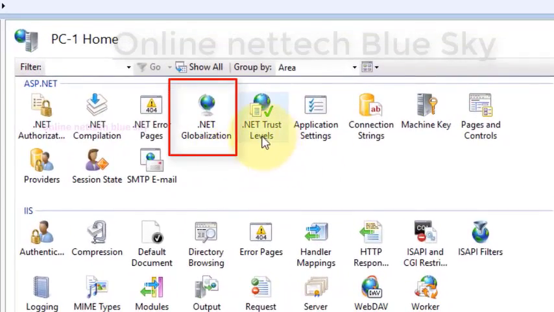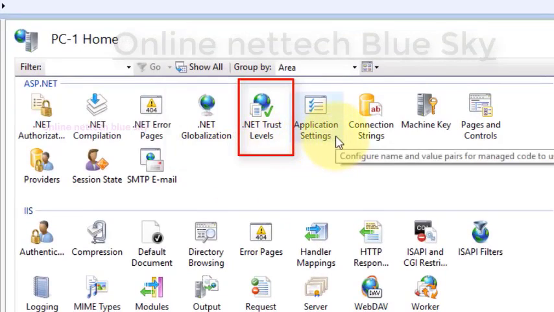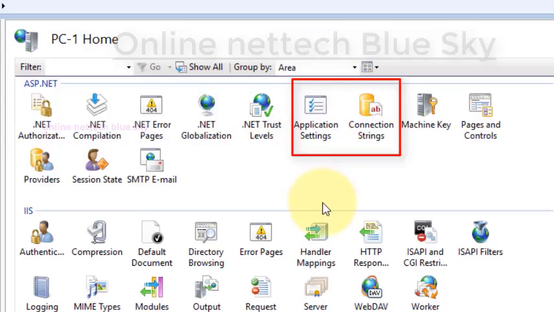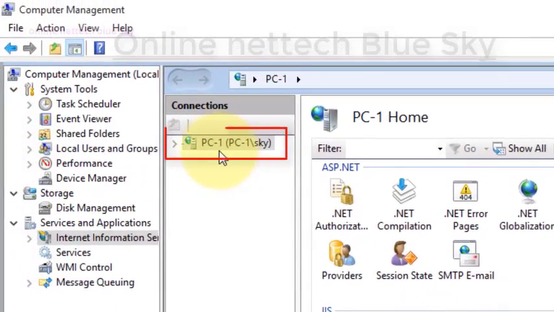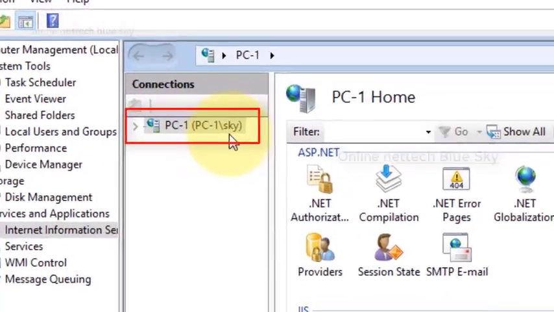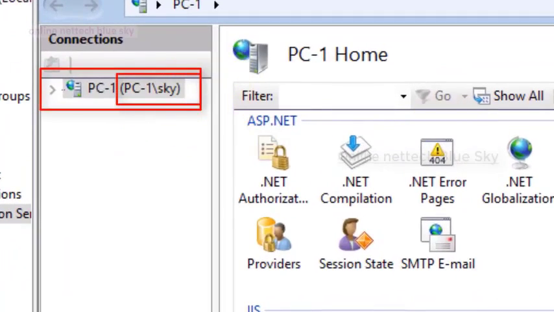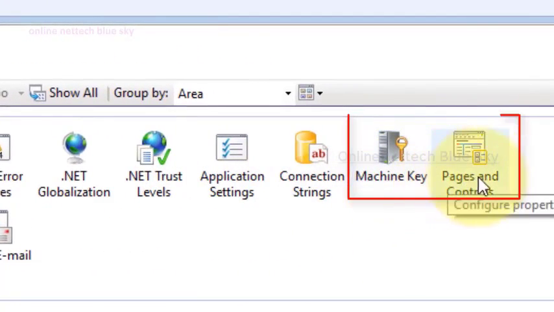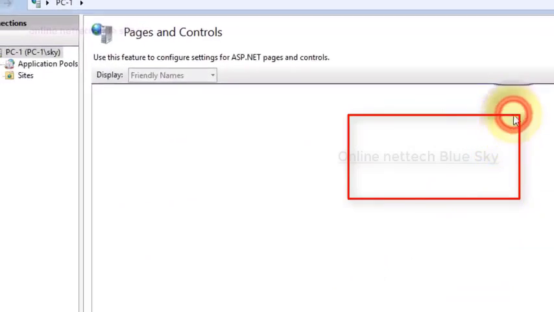So first .NET globalization, .NET trust level, and application settings, and connection strings, different types of options available for your computer web core. You can see my PC name and my username. Okay, and you can see here these machine key and page content.